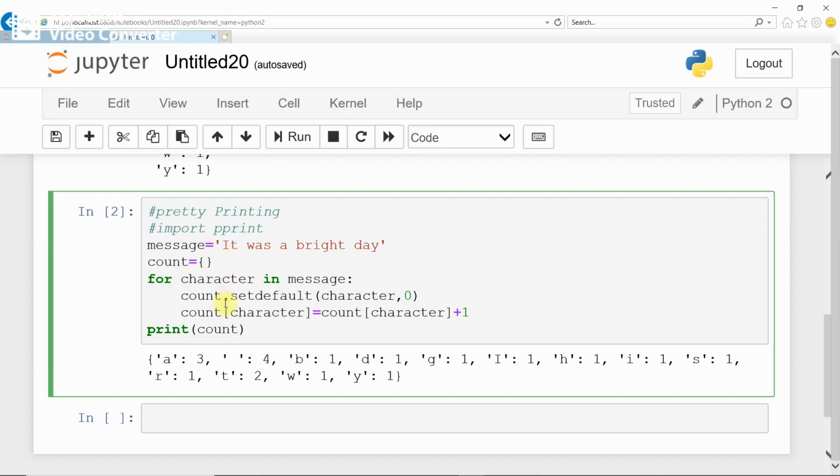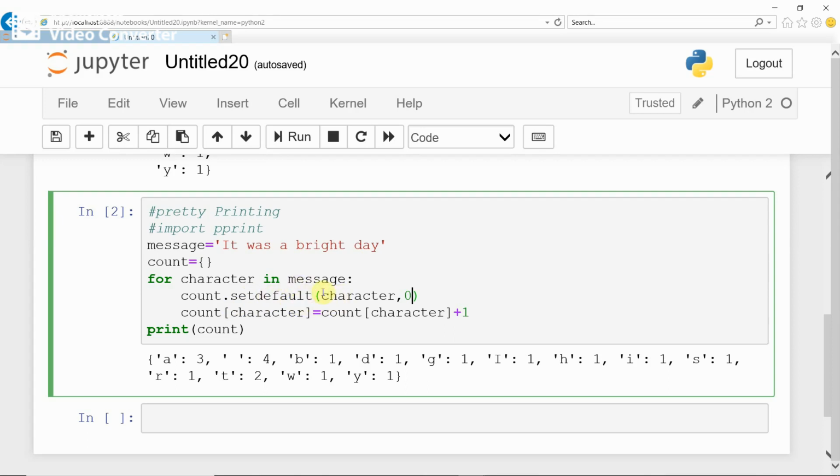Then each character's value will be set to 0 in the dictionary when that character is not available. We can set that key to any value using the setdefault method when that key is not available.